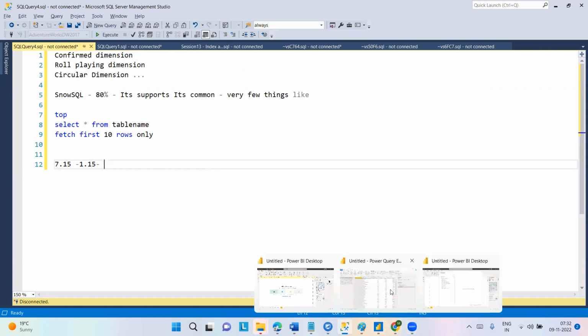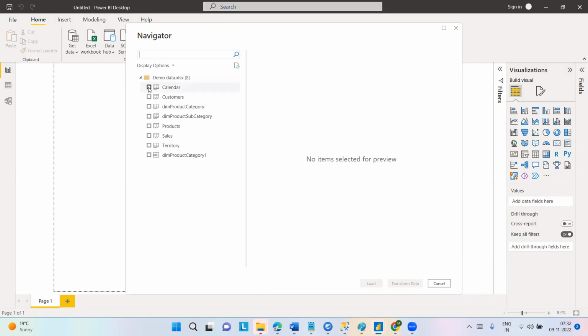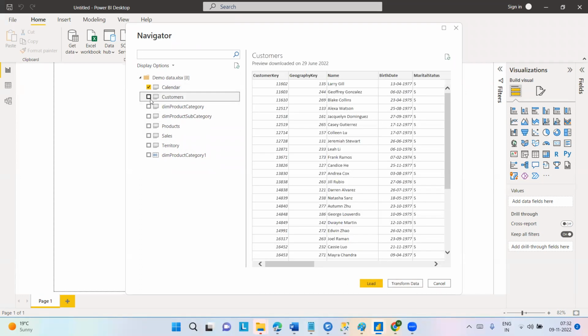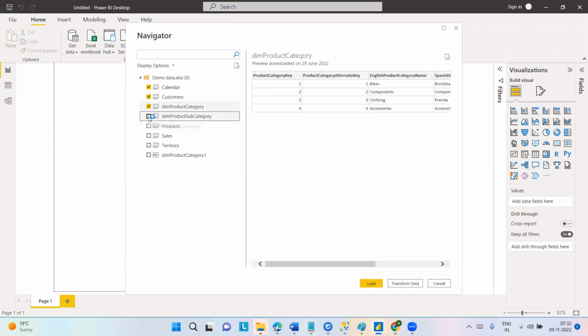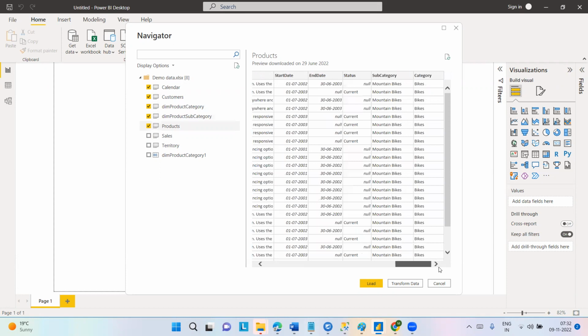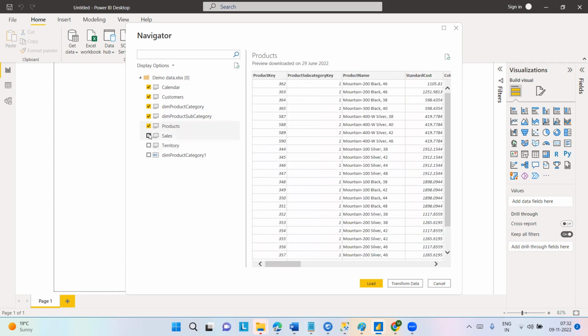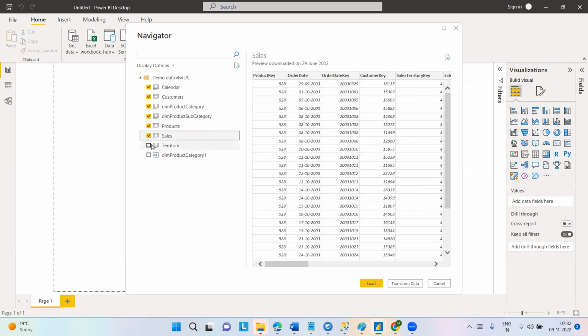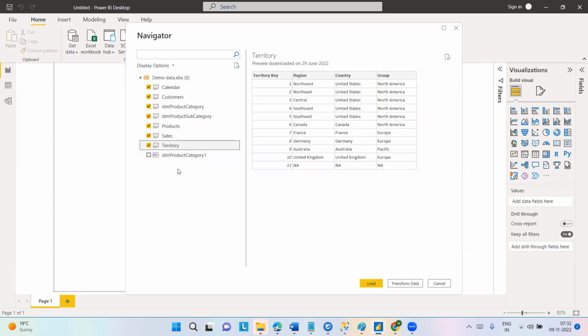Okay, so coming to here, I have pulled this demo data, and it has all the tables. If you see here, these are some of the tables which we have in our AdventureWorks database as well. I'm taking up all the tables. If you see the customer table, we have product, and whatever tables I'm selecting, I can see all the data, and product, sales, territory, and